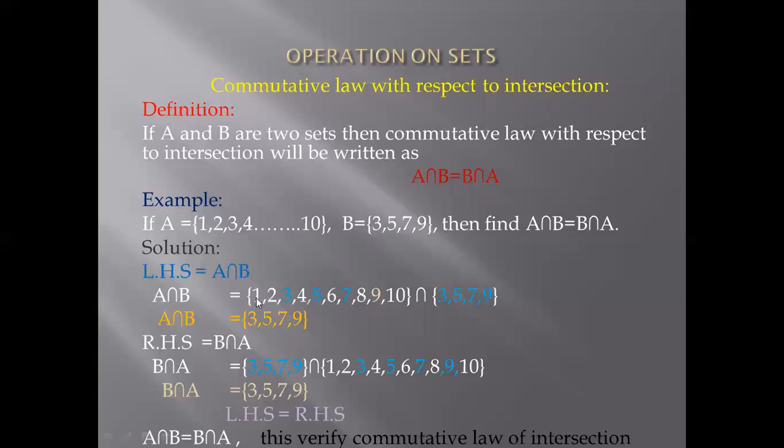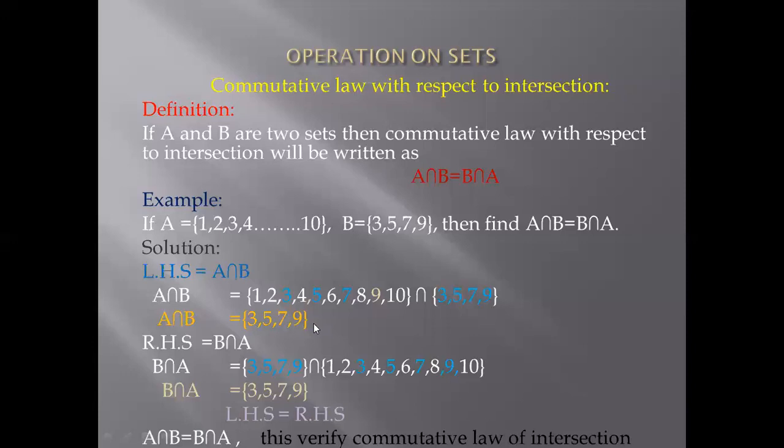Again, I'm telling you, what is intersection? Intersection means only choose the common elements which are in both A and B. Now A intersection B, and you see clearly I highlighted the numbers which are common in both the sets A and B: 3, 5, 7 and 9. They are common, 3, 5, 7 and 9.